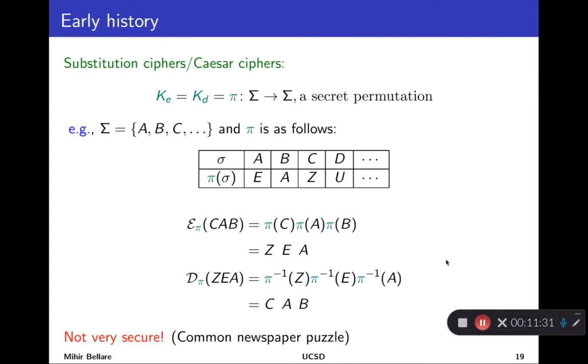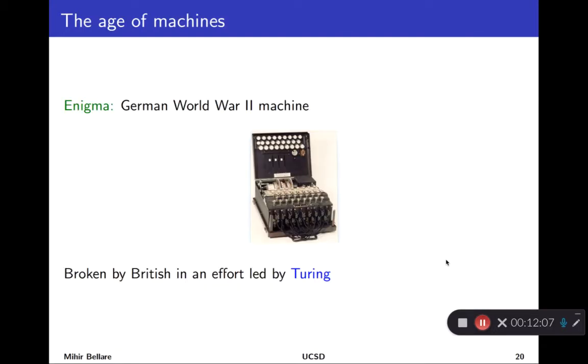cryptanalysis starts becoming quite possible, because a good guess would be, if you have an encryption of a long paragraph, the most common ciphertext letter you see should decrypt to an E. Similarly, you might say that the next most common one decrypts to some other vowel or something, and these frequency tables can be easily found on the internet. And as you work through this and also exploit your knowledge of the language and of structure, it's surprising how quickly you can start decrypting as an adversary quite short texts.